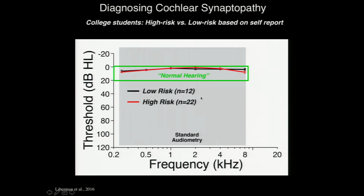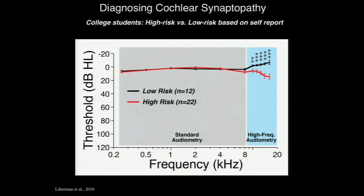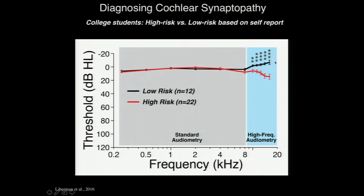So the first thing we noticed was this other kind of hidden hearing loss, which is very easy to reveal because all you have to do is high-frequency audiometry. You can see a very striking difference in the high-frequency thresholds between these two groups. And that, to me, as someone who has studied animal models of noise-induced hearing loss for decades, just screams early noise damage,